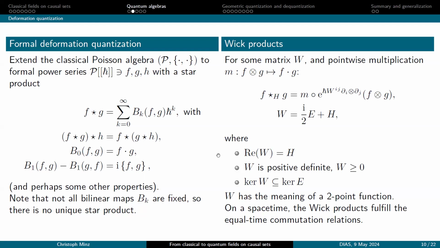And on this real part H, we just put a few conditions. So this is the real part of this W, and we want the W to be positive definite. And we want that the kernel of this operator is contained in the kernel of E. And if you set out these conditions, and do the same procedure for space-time manifolds, going through the calculations, you actually get out from these constraints the standard equal time commutation relations that we know from